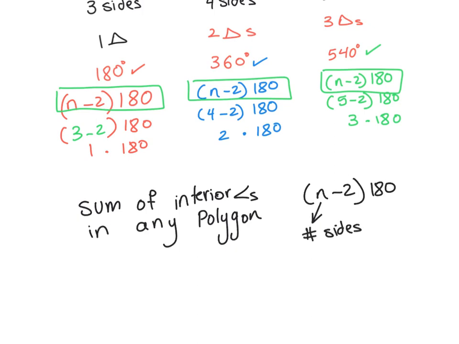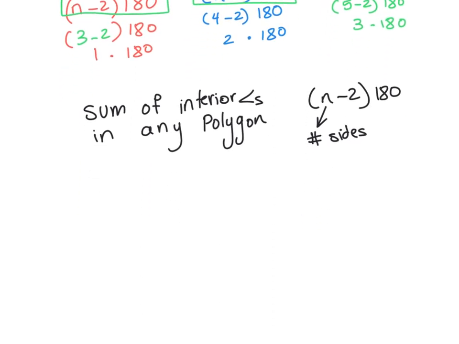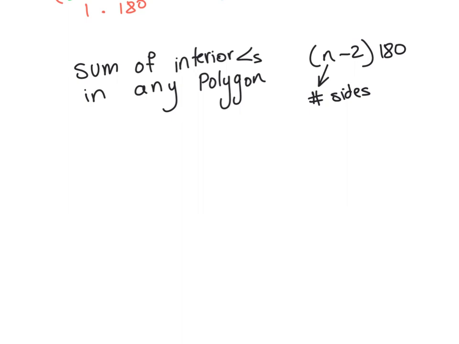Now, what if I want to find the individual angle in every single polygon? So let's figure it out. If I say regular, it means all sides are equal. So in a triangle, all sides are equal. That makes it an equilateral triangle. Then all the angles are also equal. So what do I need to divide the sum of the interior angles by to be able to get to each individual angle? If I divide it by the number of sides, I get that each individual angle is 60,